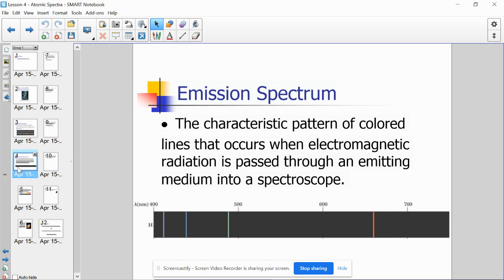So there's two different types of spectrum. There's an emission spectrum and there's an absorption spectrum. They give you the same exact numbers, they just do it in a different manner. So with an emission spectrum, this is the one that we see in the spectroscope in chemistry. What you'll see is the different colors of lines, and if you notice, each one of the lines is basically